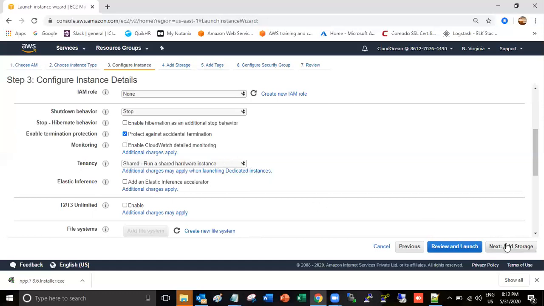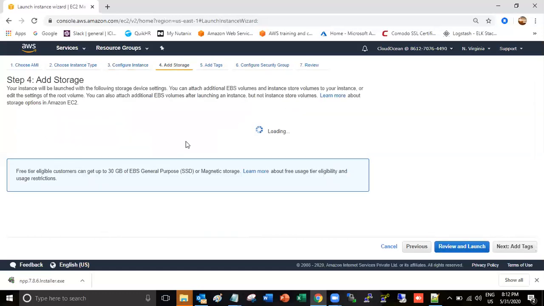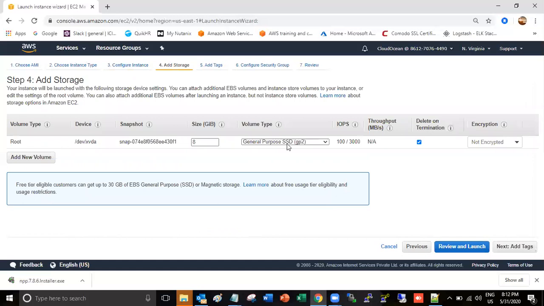Okay, and just click add storage. In the storage part, there are three types: general purpose, provisioned IOPS, and magnetic. Okay, so general purpose is the standard storage type. Provisioned IOPS is very high price. Magnetic is the cheapest one.